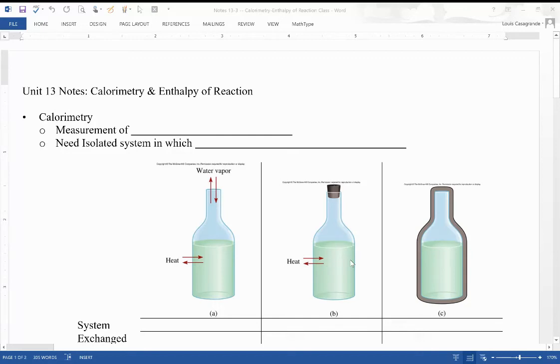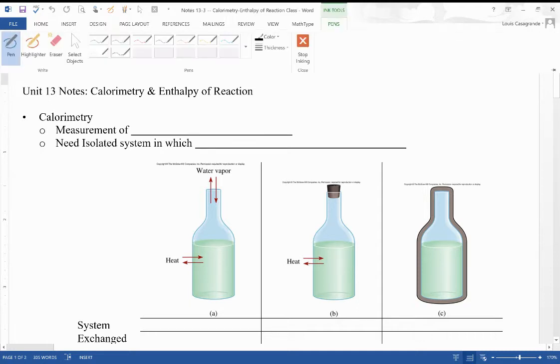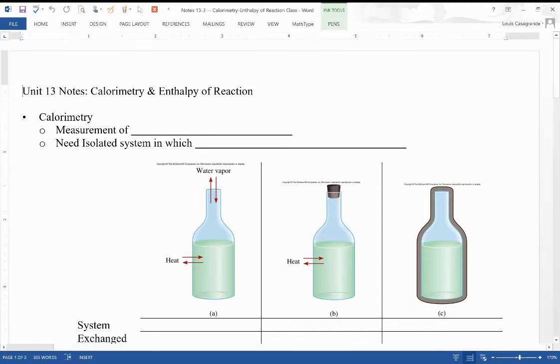Welcome to today's lesson on calorimetry and measuring enthalpy of reactions. So we're going to start off by talking about what the concept and process of calorimetry is and how we use calorimetry, and then we'll talk about the calculations involved once we have set up the experiment and used calorimetry for our experiment. So calorimetry is the measure of heat changes